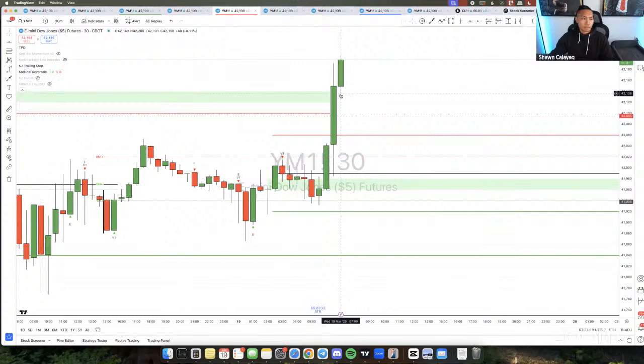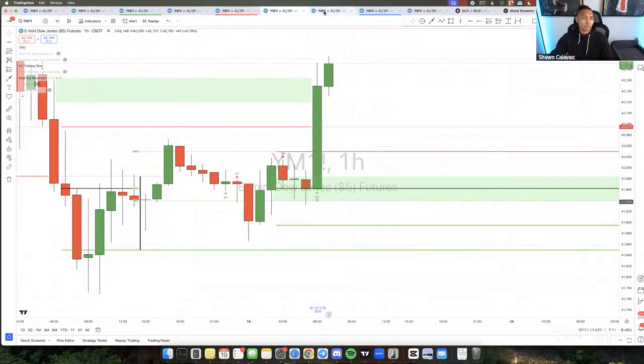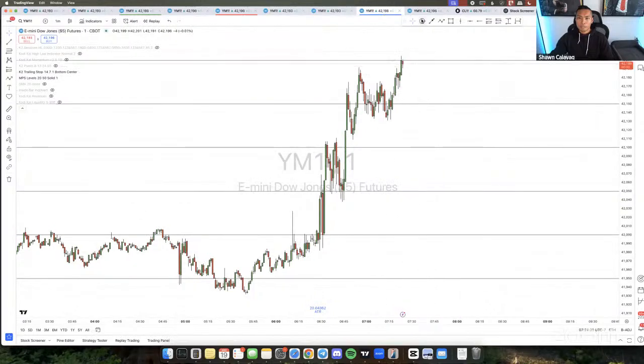So the 30-minute looks good. It's pushing right there off the point of control. 1 hour is looking good, pushing off the point of control as well. Volume profile is, I mean, there's nothing there. Clean chart. Price is currently at the whole number right here at the